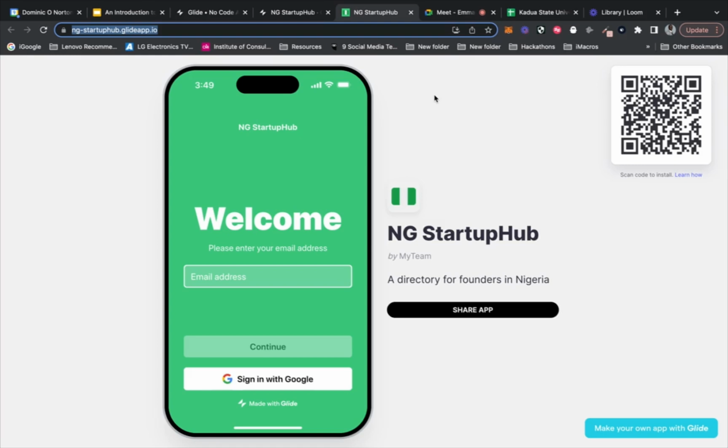They can either save your app to their home screen because it's a progressive web app. So if you visit the link that I shared in the chat, you can experience what it looks like on a mobile device.